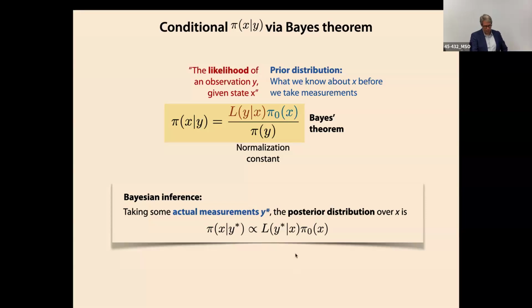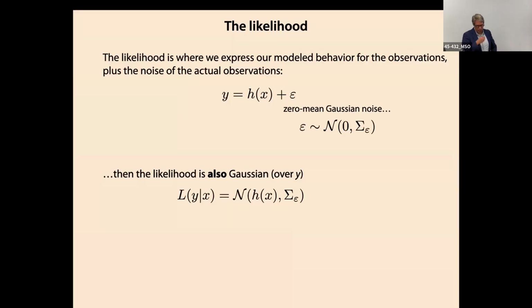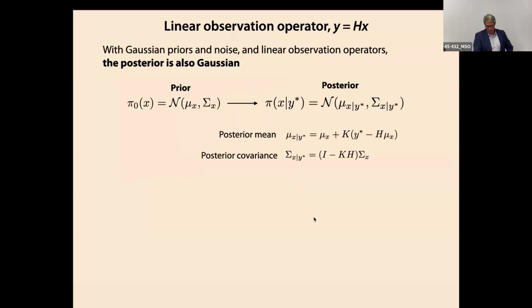So we can get this through a variety of different means. Some of them are sort of brute force Monte Carlo approaches, but some will be a little bit more elegant too. Okay, so I'm just going to say a little bit more about that likelihood. I mentioned that likelihood is something we have available. So this observation operator here is something we know. We'll assume we know that observation operator. So I also know that if my noise here is Gaussian, which I'll generally assume to be the case, so sensors are noisy with Gaussian noise, okay, we'll say, then the likelihood is also going to be a Gaussian about h of x, okay?